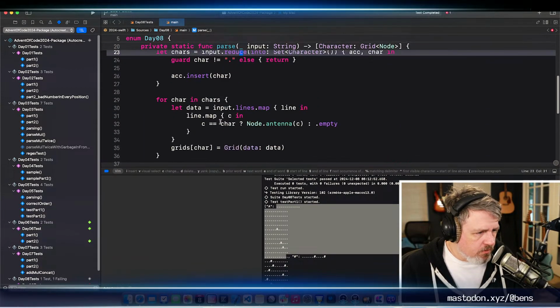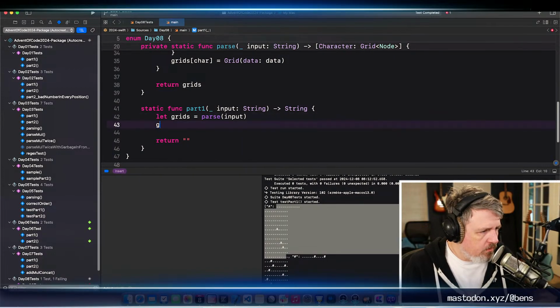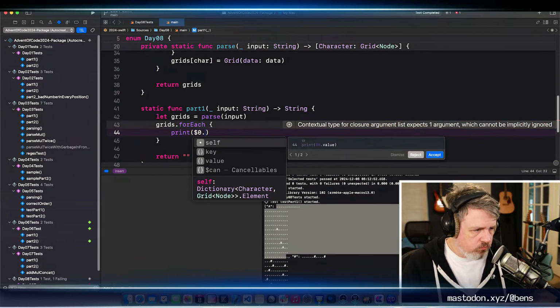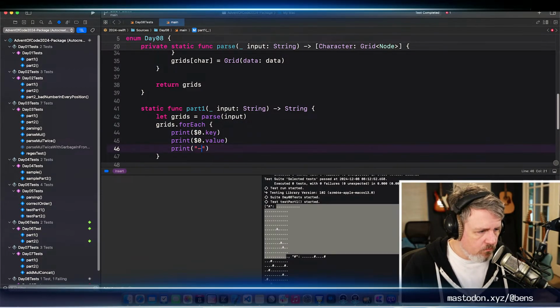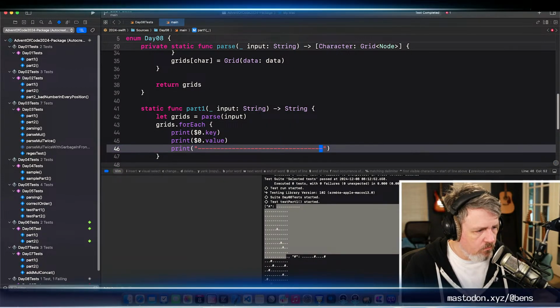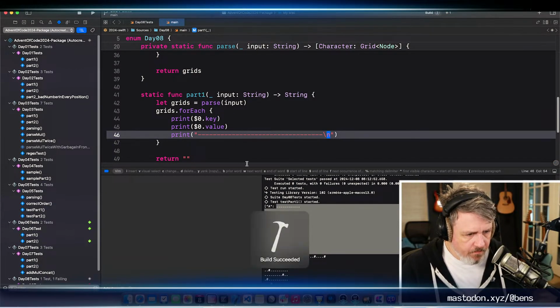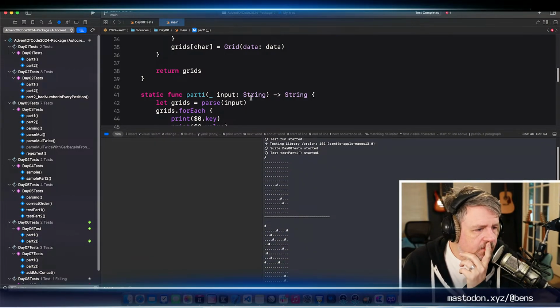I think I need to change the way I print this. Let's see, grids. Okay, so now we have our grids here.